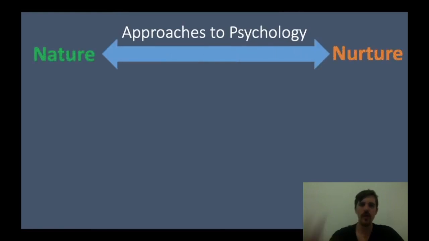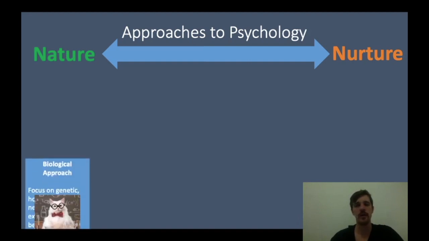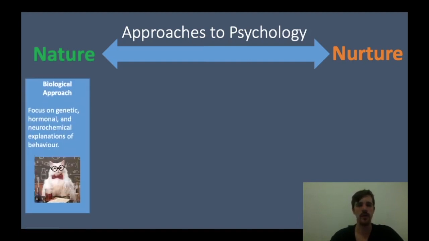So here we go. This is the last bit before we finish. This is your approaches to psychology. You have to think, where do the different approaches fall along this spectrum that we have? Which one has the biggest focus on nature? I think you already know, it's the biological approach. Sorry, got confused. The biological approach absolutely has, it's all about genetics. So obviously they're going to be the one that is most nature heavy.